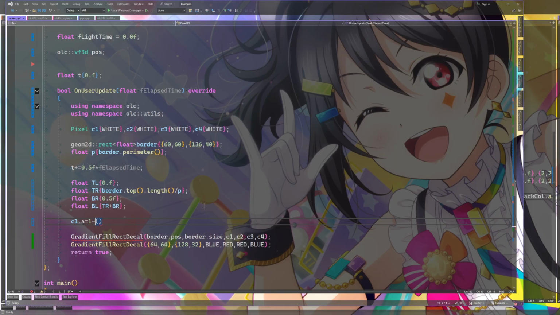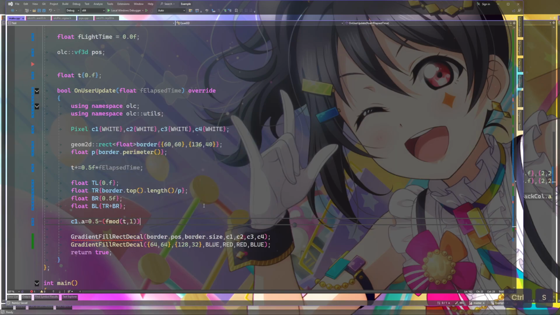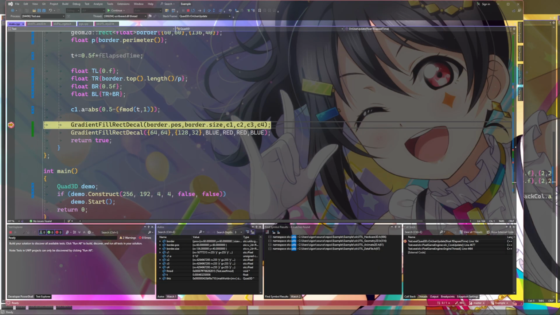If I do, wait, no, 0.5 minus t, or fmod t to 1, then what I'm going to end up with is a value that's at a max 0.5. Take the absolute value of that. That's the distance away it is from us. That's literally the definition of absolute value. And so I have something like that.